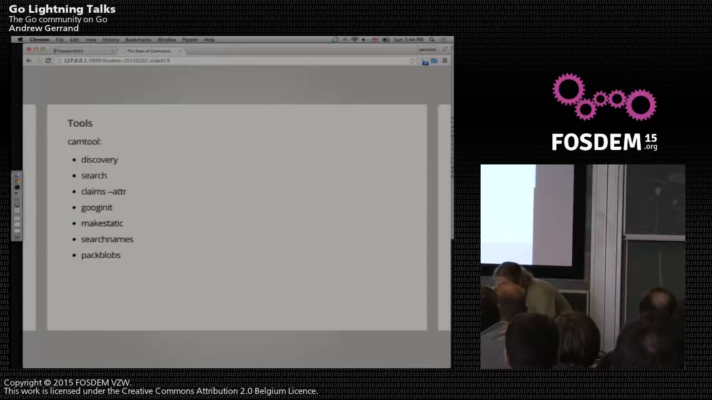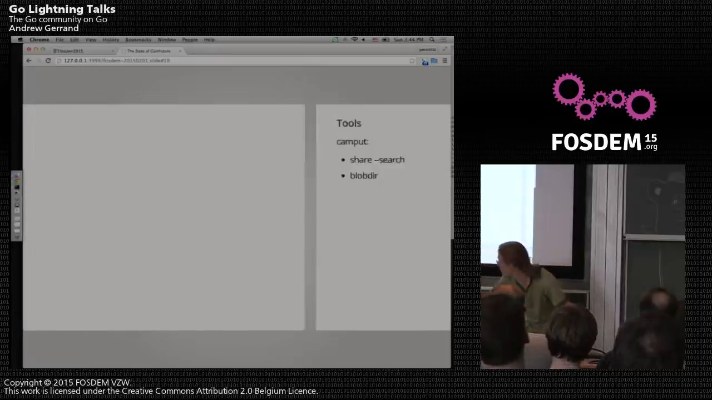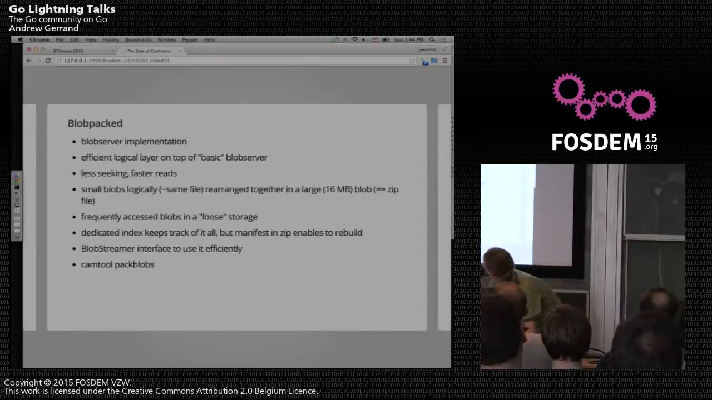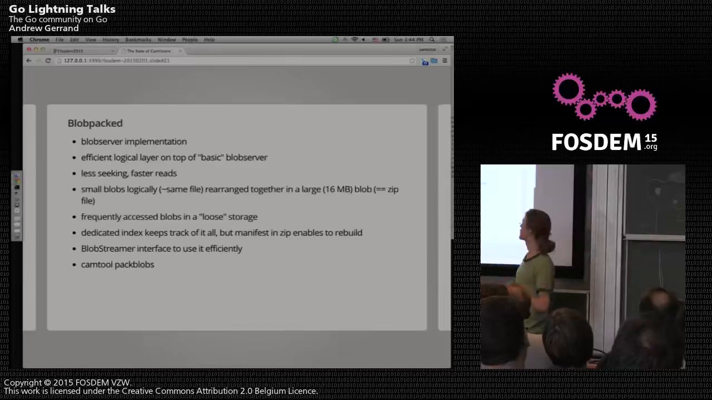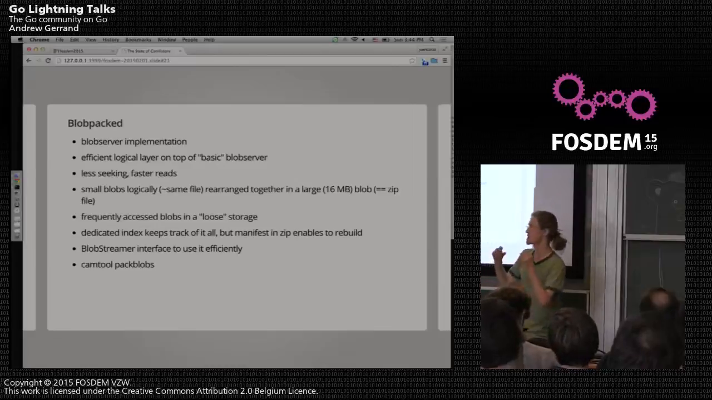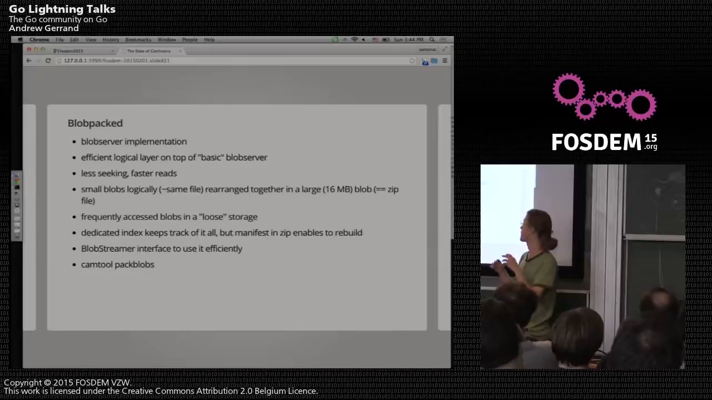We also have a bunch of tools that I'm not going to enumerate, but just to show them, they are here. And so we have this new thing called Blobpack that is mainly done by Brad, of course. It's basically a new blob server implementation that you put on top of any other blob server that we have, and which gives you a more efficient logical layer, because you get much faster reads and less seeking, because all the blobs that should be logically together, because they're part of the same file,